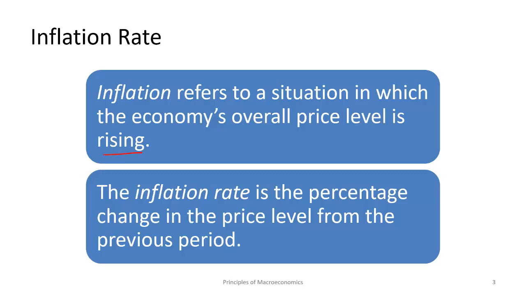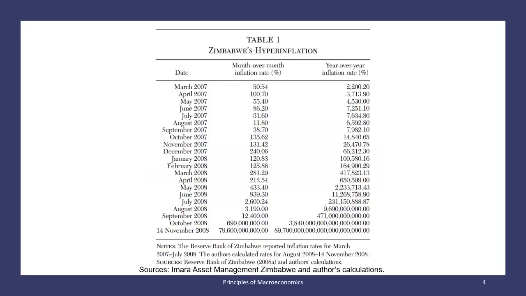So let's go back to the Zimbabwean case. What happened there? What this table shows is the month over month and year over year inflation rate. What is the month over month inflation rate? For March 2007, the inflation rate was 50.54%, which means that compared to February 2007, prices had gone up by 50.54%. If something cost you 100 Zimbabwean dollars in February 2007, it would be costing you 150.54 Zimbabwean